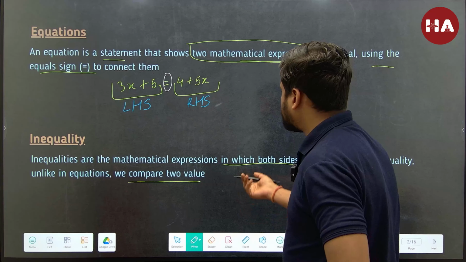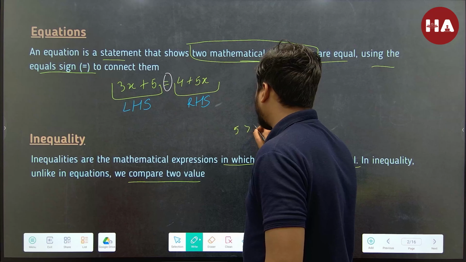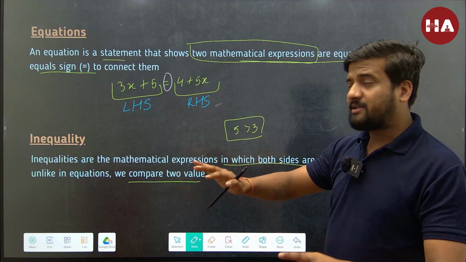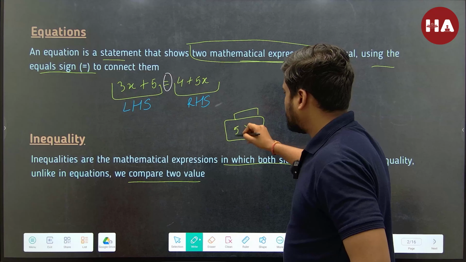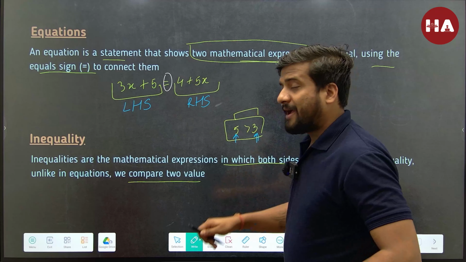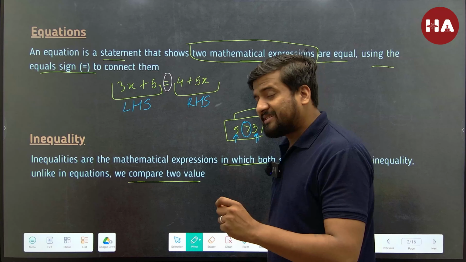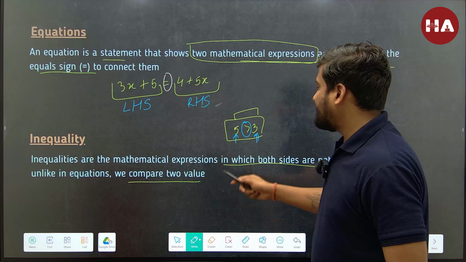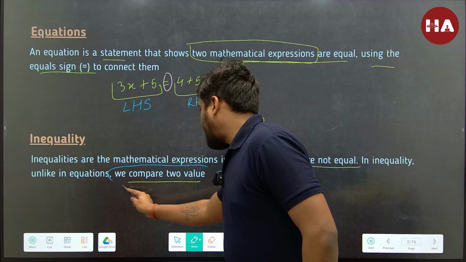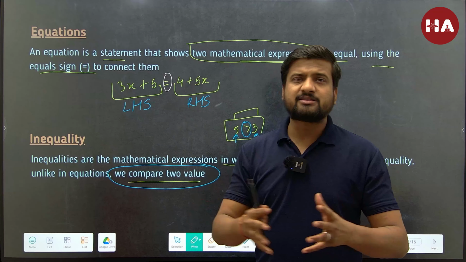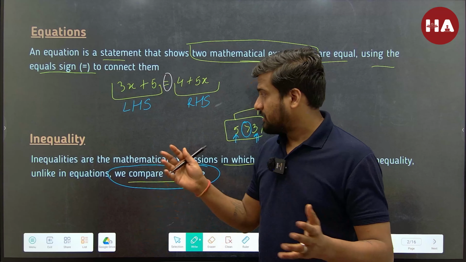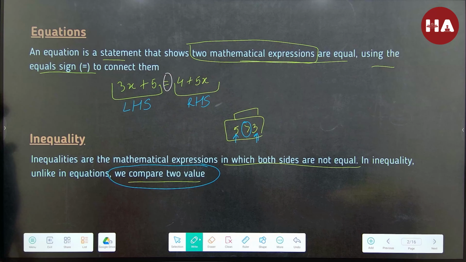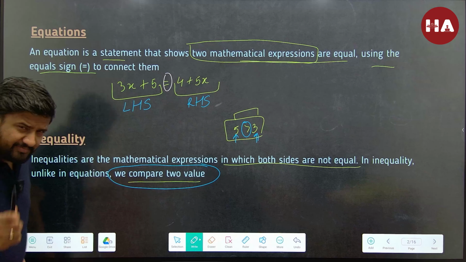Just as a random example, 5 is greater than 3. This is an example of an inequality, right? Because these are my two sides, the 5 and the 3, and I am comparing them using this sign, which is the sign for greater than in this case. So in inequalities, we compare two values and the two sides are never equal. Alright, please note down the definitions. Alright, let's move on